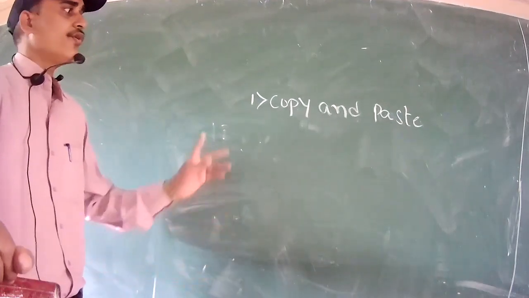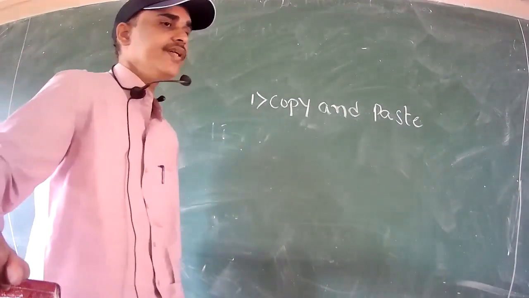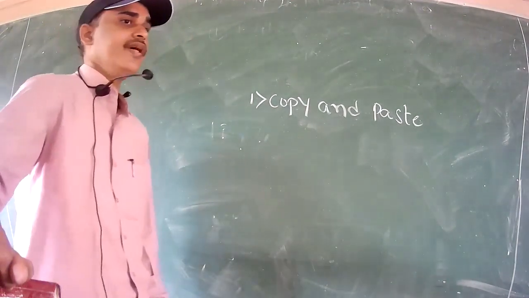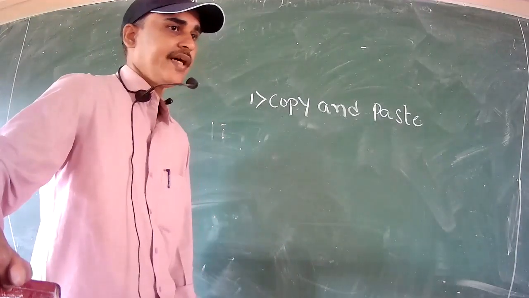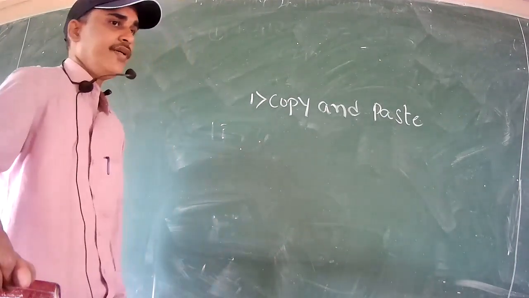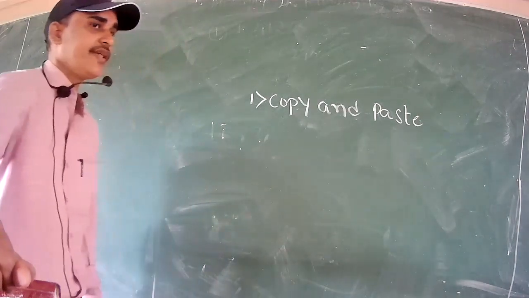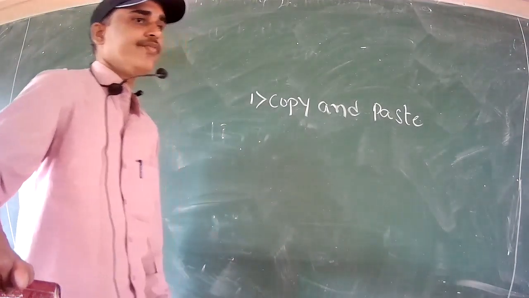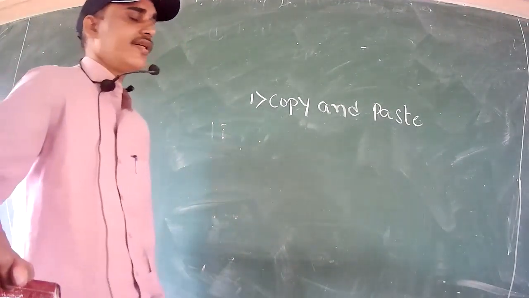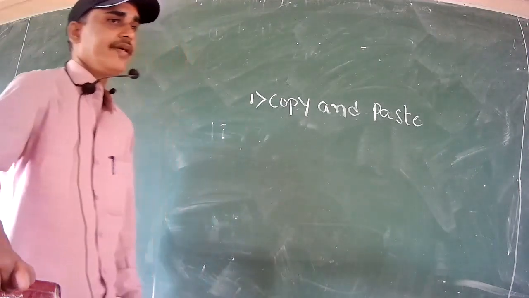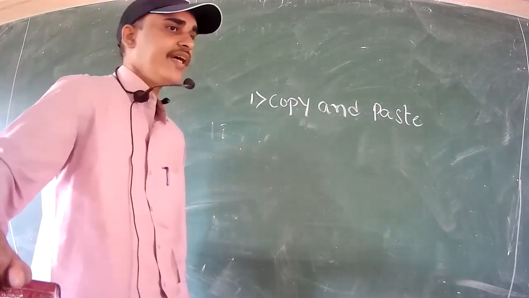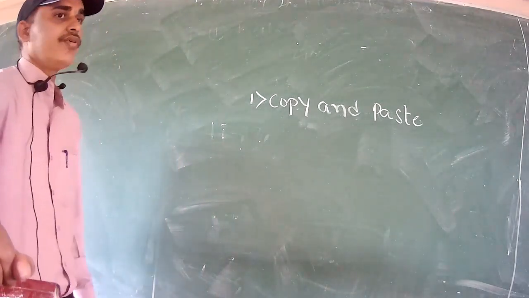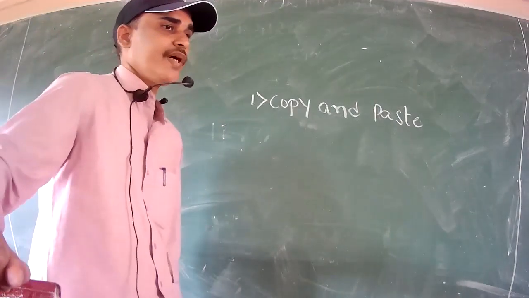Then we have to copy the information. To copy the information, we have to select that particular information which you want to copy, whether it may be the spreadsheet data or it may be a chart, whichever information you want to transfer to Word. For that, first you have to select, then you have to copy. For copy, Control C is the shortcut key, or after selecting you can right click on that particular block of data, then click on the Copy option, or the Copy icon is available on the toolbar. You can click on that particular Copy icon also.